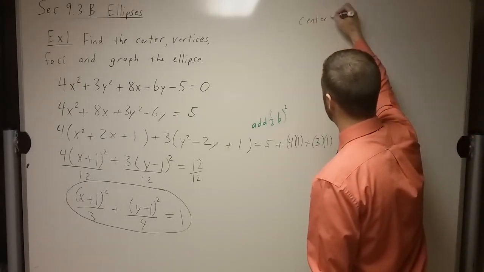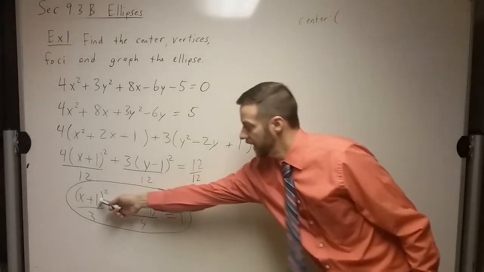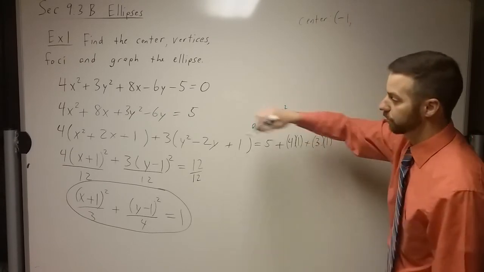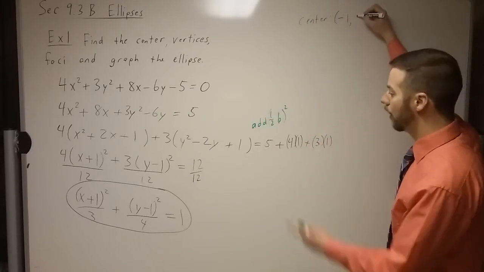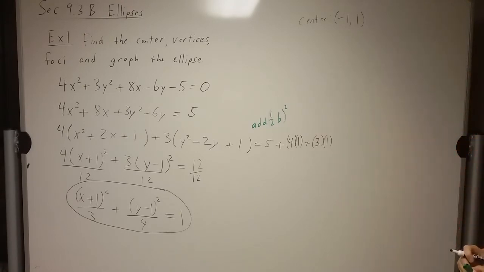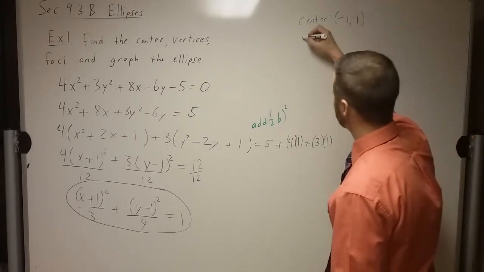Center. Well, h and k represent the center, but remember it's minus in the standard equation. And so x plus 1 means negative 1 for the x-coordinate. y minus 1 means positive 1 for the y-coordinate. So the center is negative 1, 1. To get to the vertices,